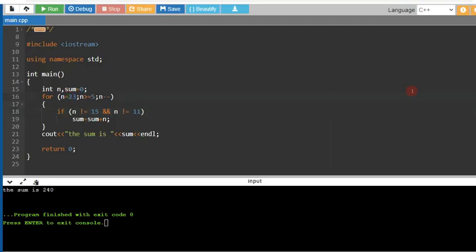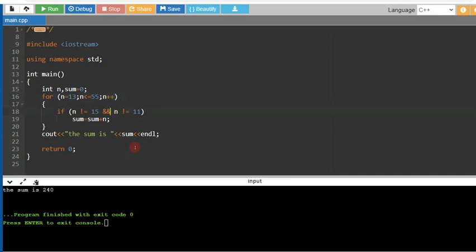What will be my beginning here? 13. What will be my ending here, as the number is continuing in ascending order? So we write 13 and till what we gave in the question, students, 55. So you need to specify 55 here. Then n minus minus goes down, but in this case 13 to 55 is ascending order, so we need to specify plus plus to increment, and that way the number will keep proceeding.